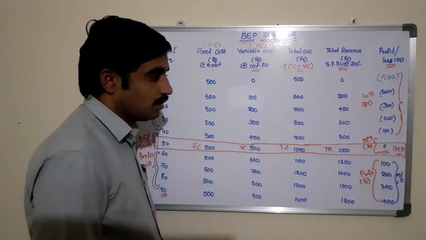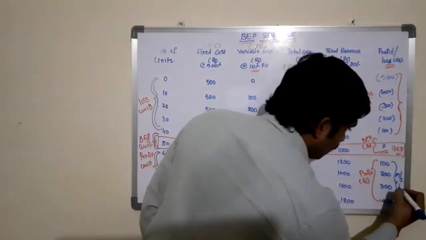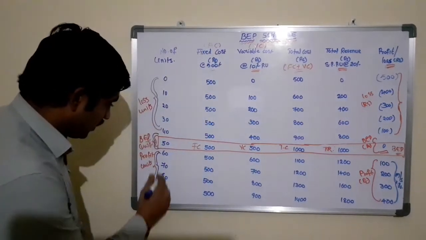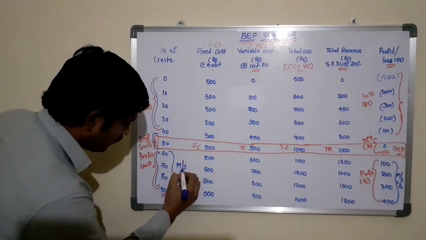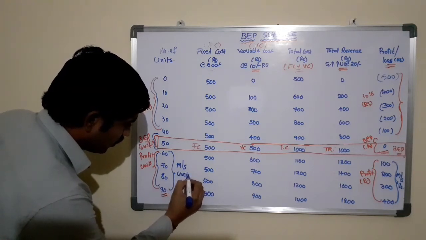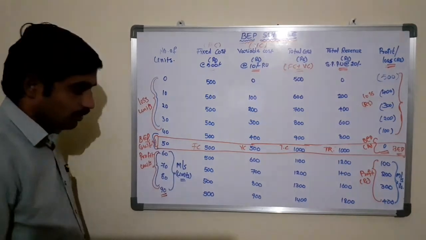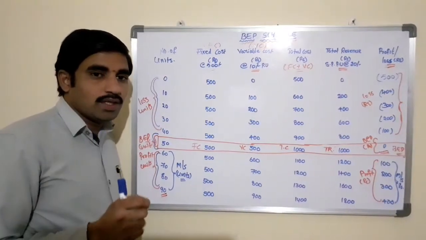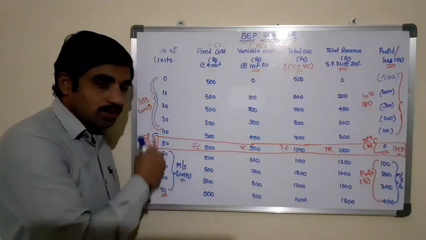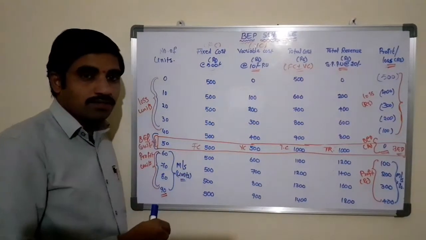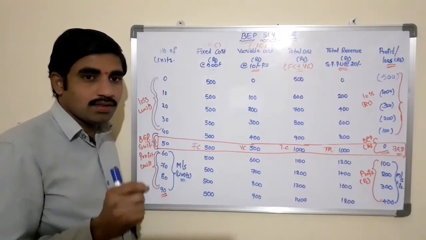This is margin of safety in terms of rupees. Whereas here, margin of safety in terms of units: after break-even point, whatever the units we produced and sold in the market all come under the margin of safety,